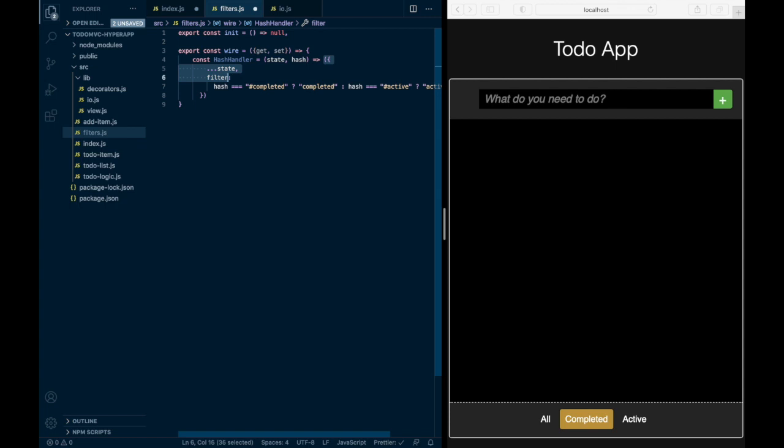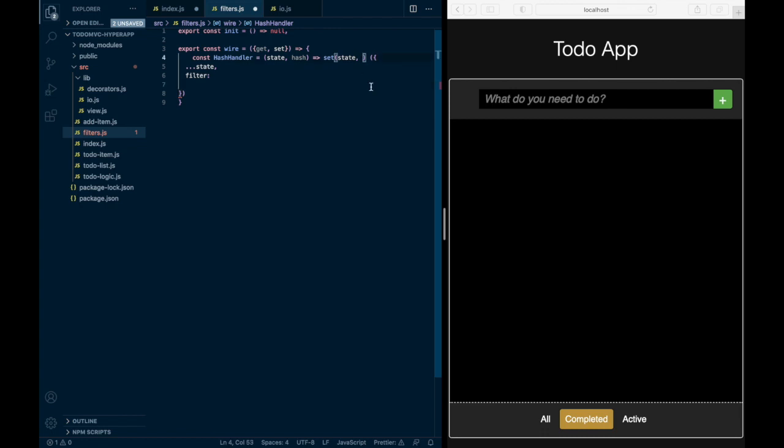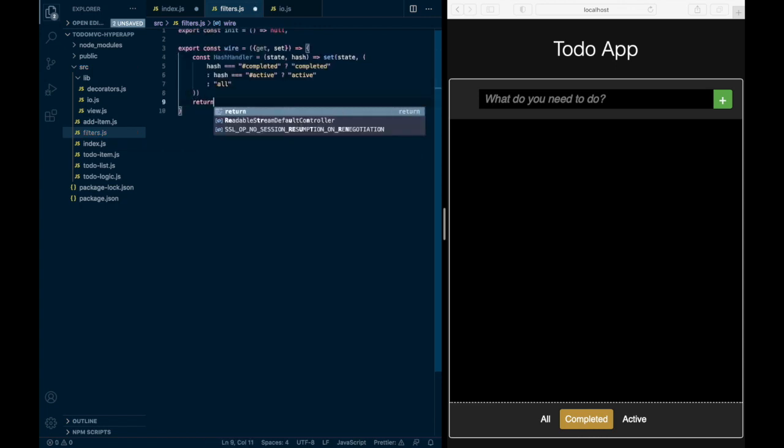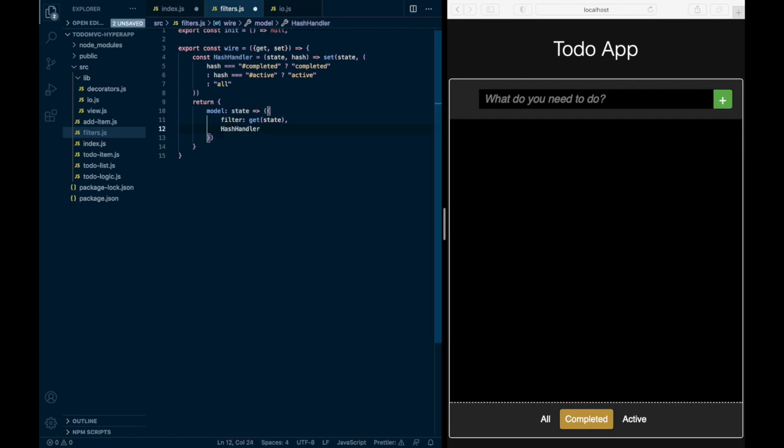So it's simply set state and then this ternary condition with none of the other junk. And it returns an object with the model state, and we have the filter, which is going to be simply get state, and it has the hash handler action. Now let's export const menu. Let's call the menu the view that we want here. It's going to take the model,